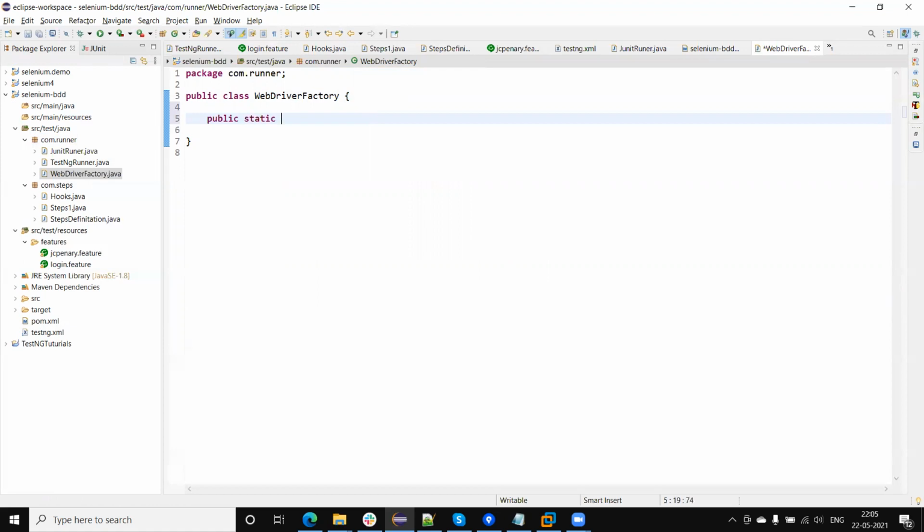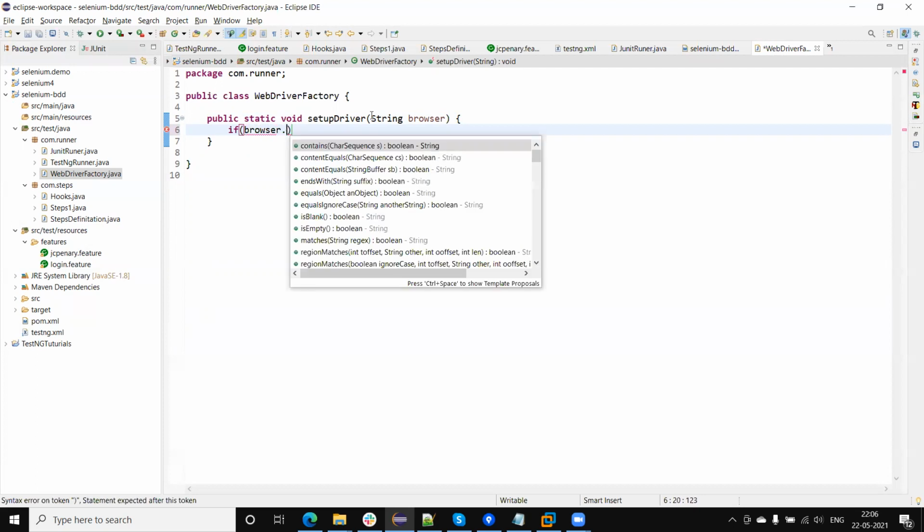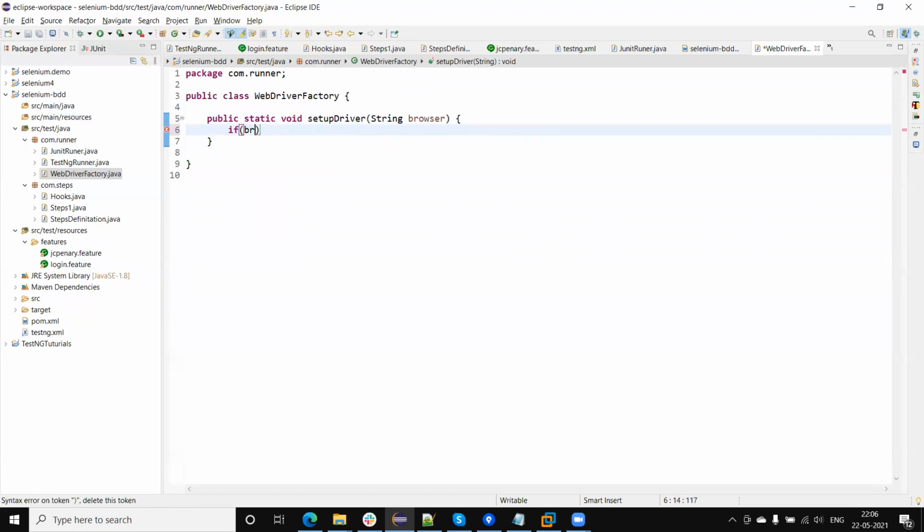Here I'm going to create a public static method, like setupDriver, which will accept a String. Then I'm going to put in some conditions. If browser dot equals Firefox, then I will initialize the Firefox browser.